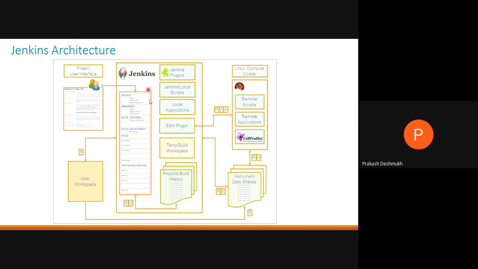So it has this kind of UI here, you see. So user workspace where you actually do all your code modification. And when you log into Jenkins, you'll see something like this user interface. And it has, at left side, you'll see the project. So you create projects in Jenkins, and projects will have different build pipelines. Then you have this